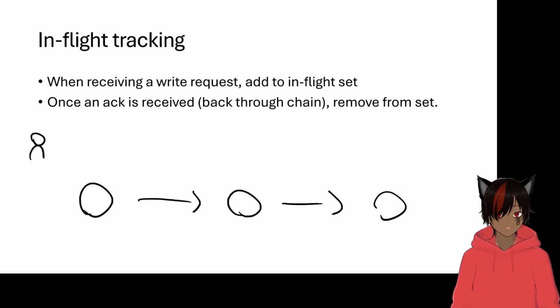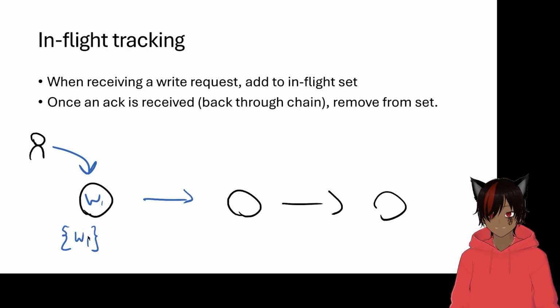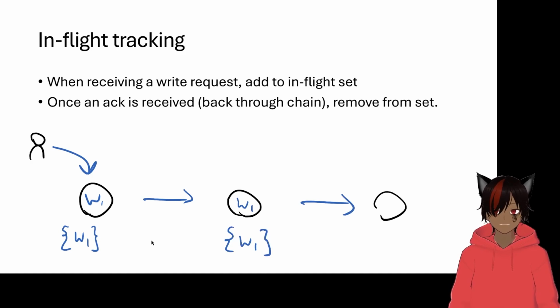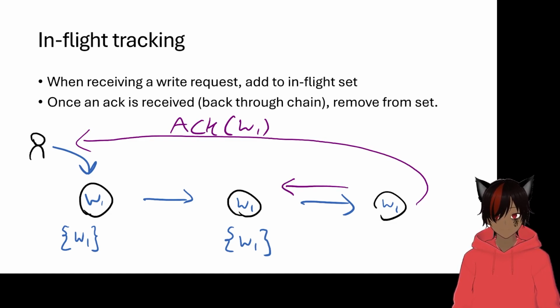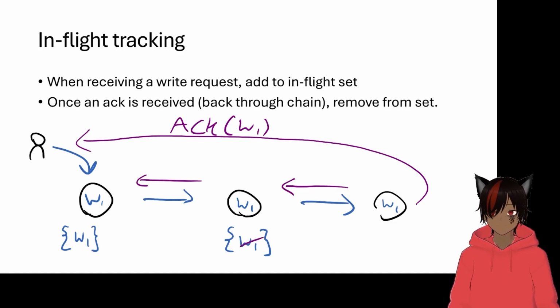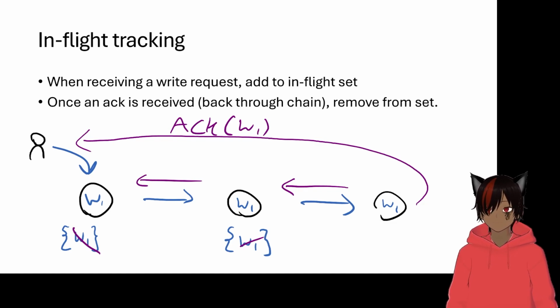So when you receive a write request, every node keeps track of a set of writes that it has not seen completed yet. Each node does this except the tail, which doesn't keep track of these because it's the tail. Any write that gets to the tail is automatically done, so to say. So we do the ACK, and the tail sends an ACK back through the chain. Once the inner node gets that ACK, it deletes the write from its set, sends another ACK back through the chain, and so on. This is how we keep track of these in-flight sets, and this is how we remove them.